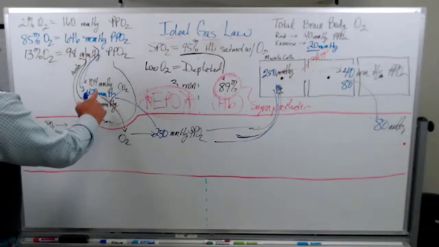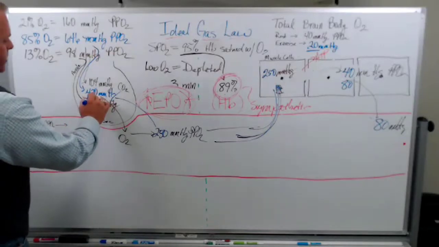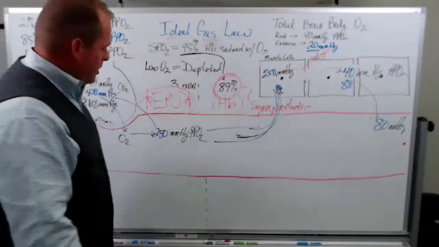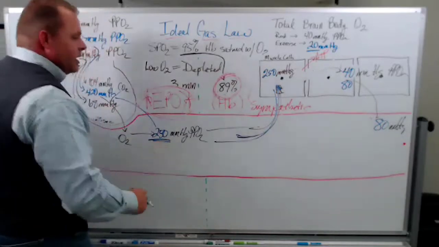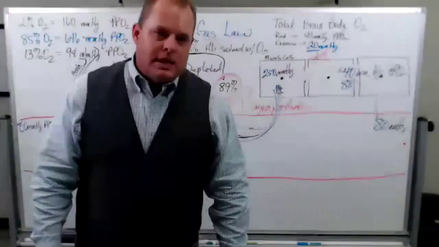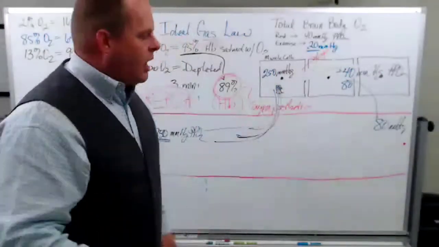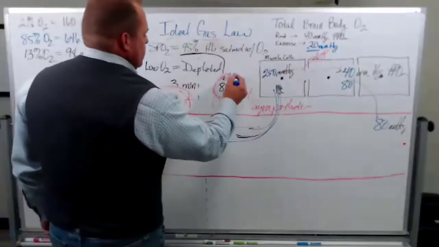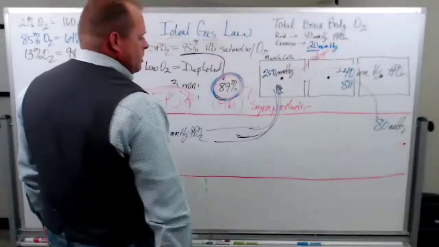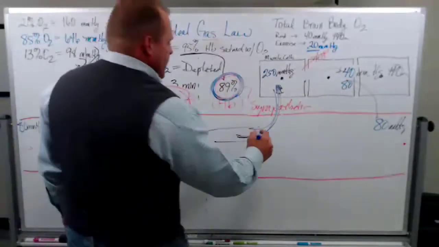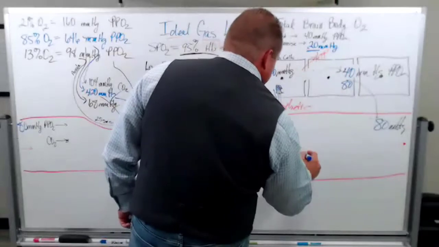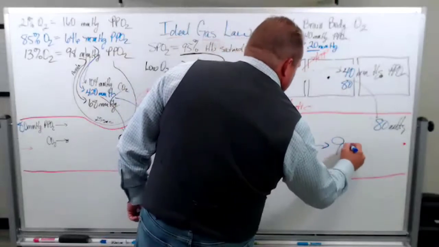But because of the ideal gas law, we're still dealing with 420 millimeters of mercury, which I say we can take up to 250. We keep them in that state for about 2 minutes, have them perfuse at a very high rate. Now, here's what happens. They're here, and in order for them to go from 89 to 98,